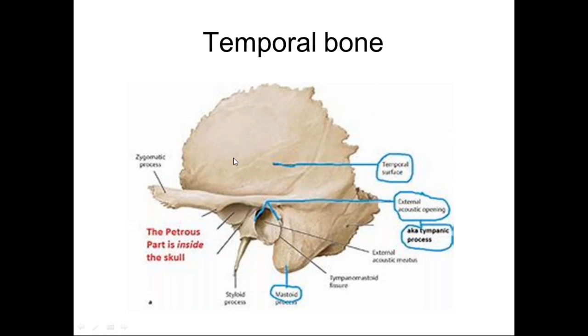I'm repeating again the surfaces. So the temporal bone has a squamous part which bears the temporal lines. These temporal lines are present on the lateral surface of the skull, from where they give origin to the temporalis muscle, a fan-shaped muscle, which is a muscle of mastication. It is arising from the temporal surface, temporal fascia, and from the temporal lines.